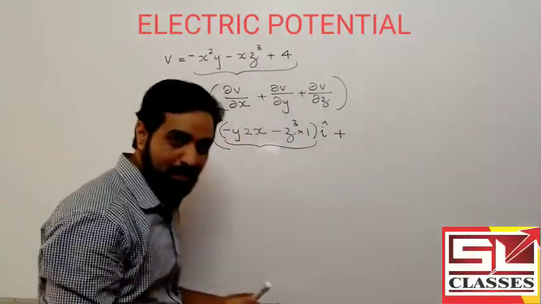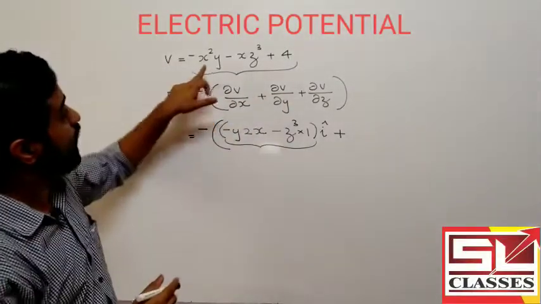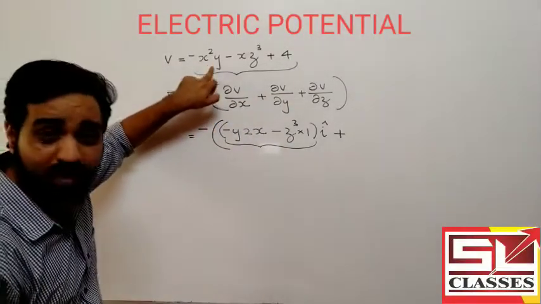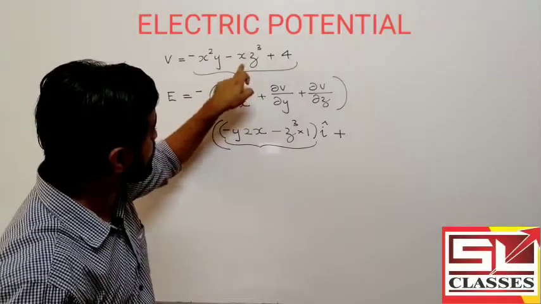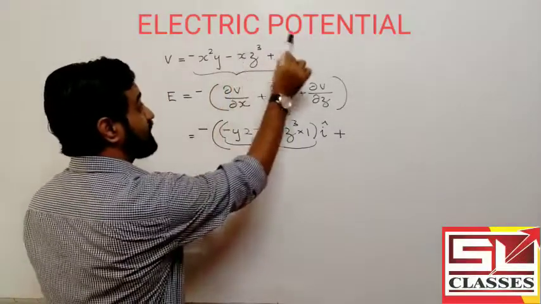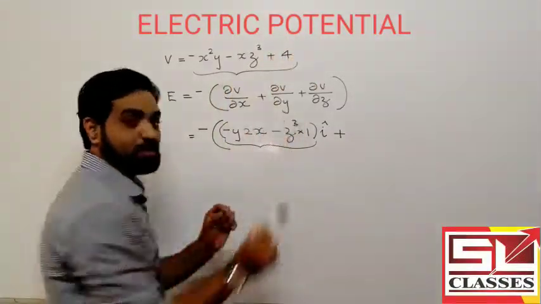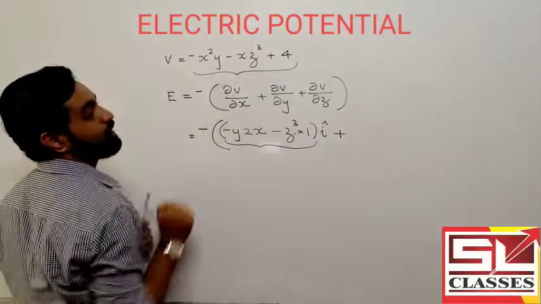With respect to y means take y as variable and all other terms are constant. So here only this term contains y, and this is a term without y, so this is totally a constant, this is also a constant, so the derivative of these two terms with respect to y will be 0. So we have to take the derivative of the first term only.